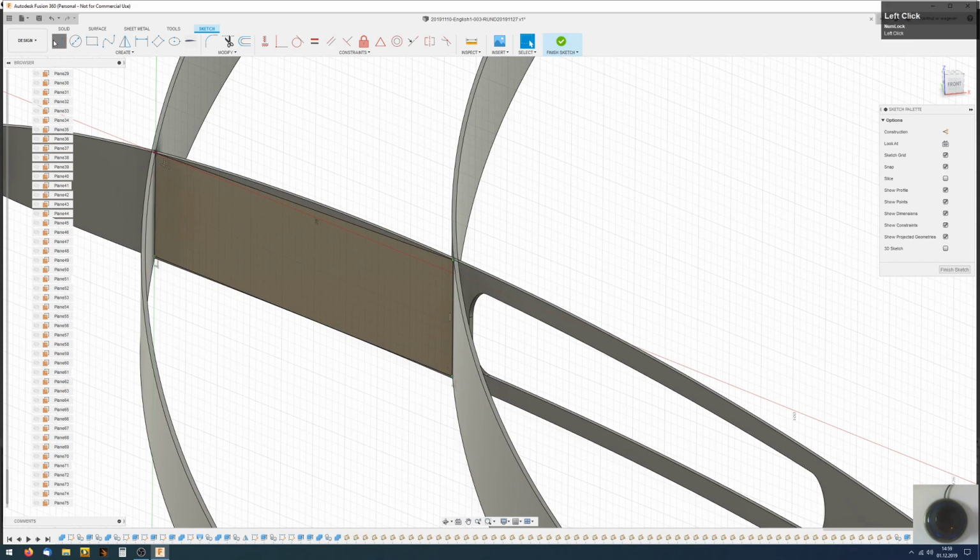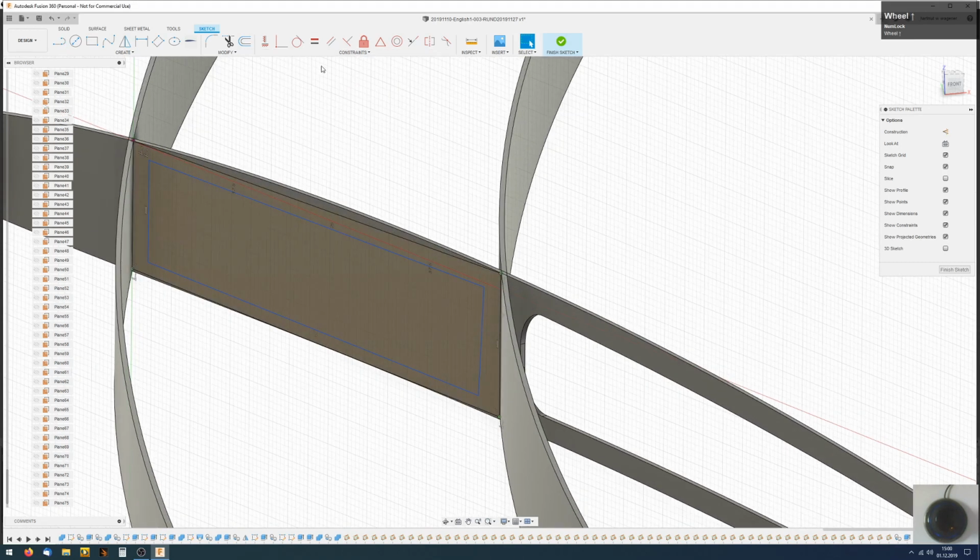So create new drawing. And select this one and this one. They are parallel, and this one for this one. They are parallel.